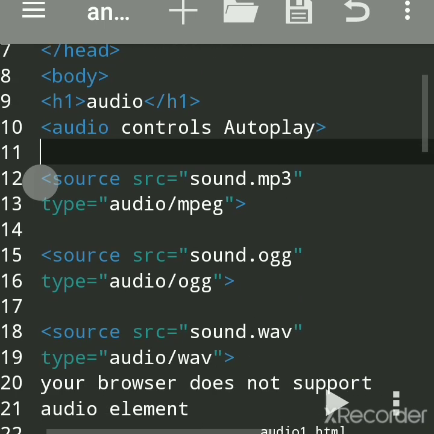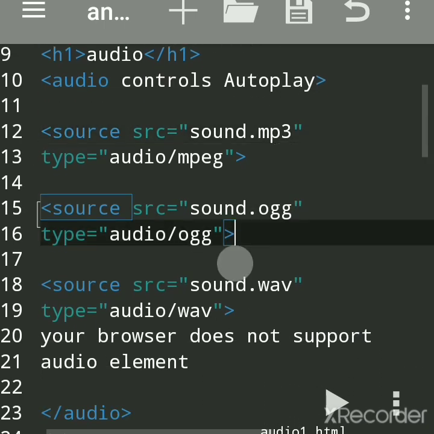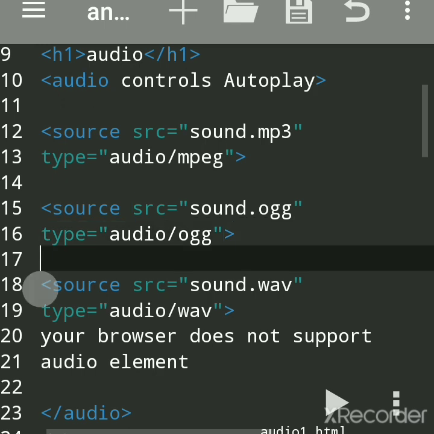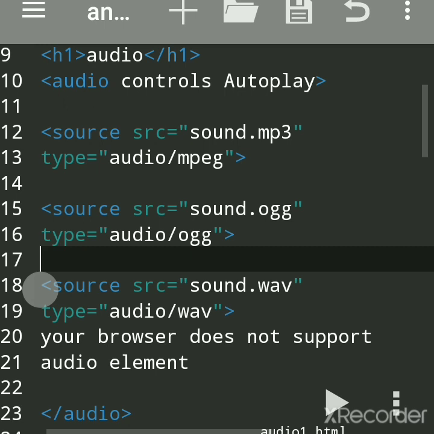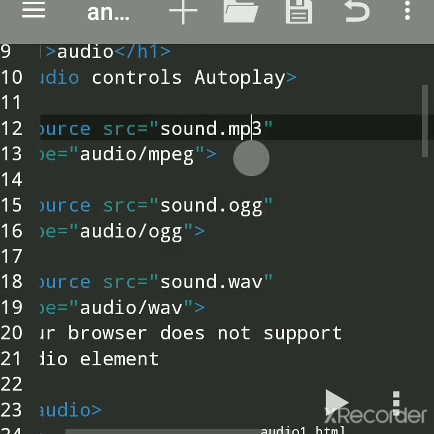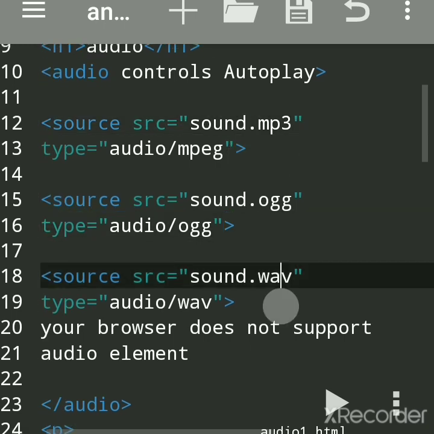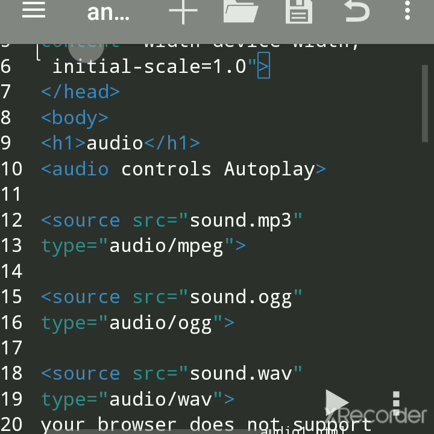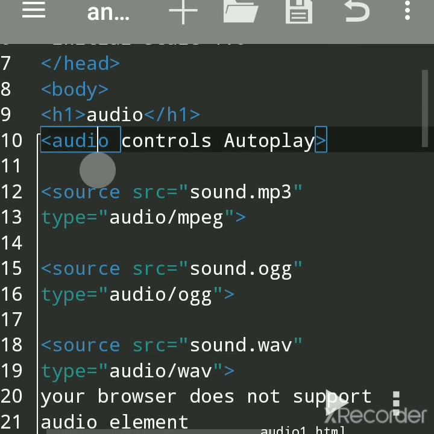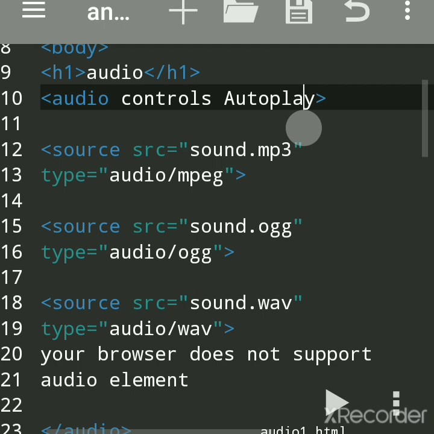And we have to see whether this sound file plays. Different formats are used because every browser doesn't support all the formats, so it will go in sequence and play one by one. First, the audio tag is used to include an audio file on a web page, and it has the attributes controls, autoplay, and more attributes we'll see in the theory part. Controls is used to display controls with the play and pause button.